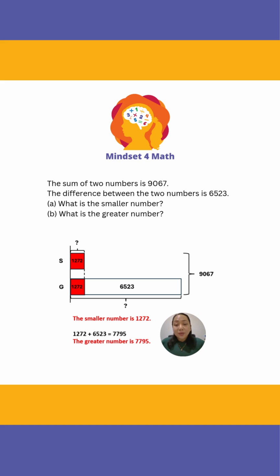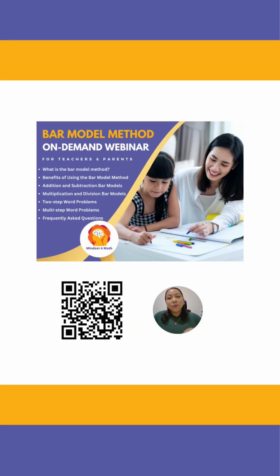Looking at the model, we can tell that we can get the greater number by just getting the sum of 1,272 and 6,523. And the answer is 7,795. So the greater number is 7,795. I hope this video was able to show you how important it is to use visualization in helping the